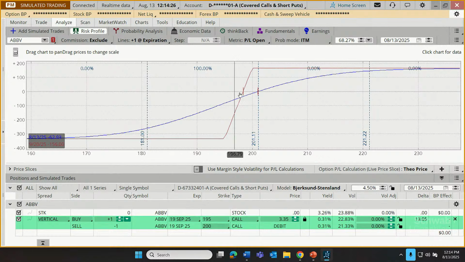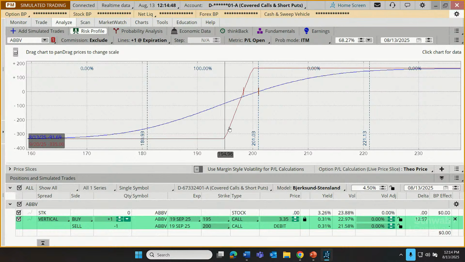That's break-even. So at a glance, I could create this trade on the Add Simulated Trades, pop over to the risk profile, and I can see $165 maximum gain and $335 maximum loss. Maximum gain is anywhere above $200. Maximum loss is anywhere below 194 or 195.